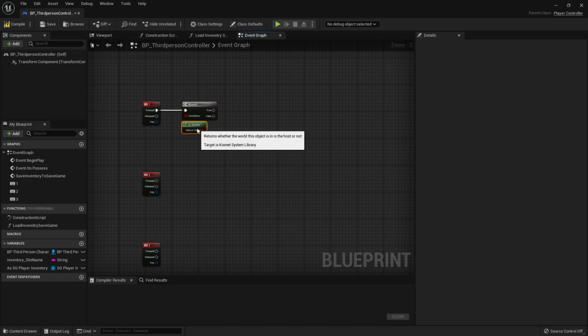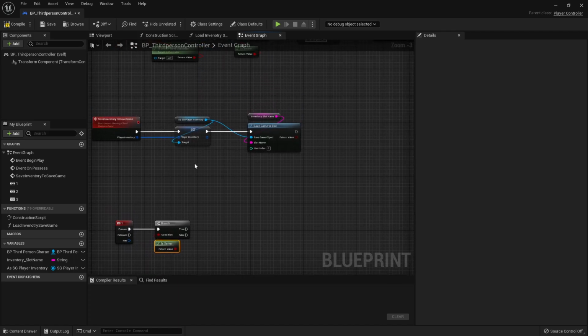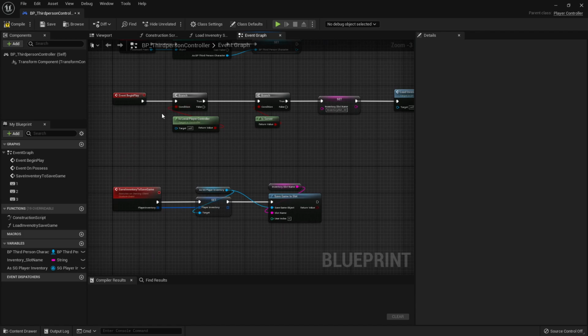So in this way, we can only mess up the client save games by pressing the wrong buttons, but at least the server save game is always safe. And this is an input event, so this will always be a local event. And if we are not the server, but we are local, then we are one of the other clients